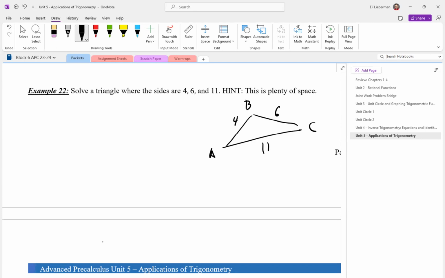Okay, did you finish the problem? Takes a lot of work, doesn't it? How do you do this? When they were added together, they were small. Yeah, this is not a triangle. And did you use the law of sines or law of cosines to figure that out? Hopefully not. You know this is not a triangle because,